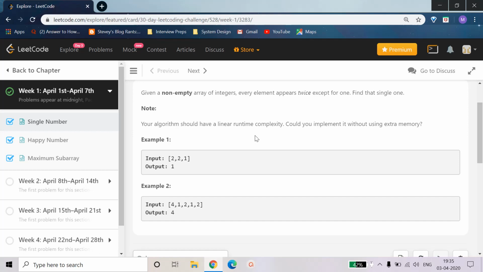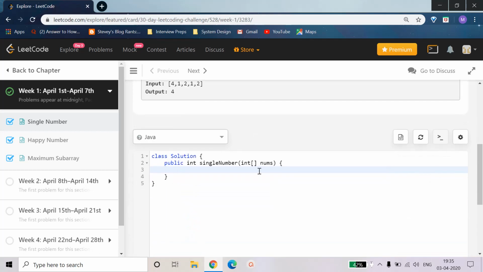So let's implement this. I'll create a hash map of integers. Integer will be the element, the key, and the count will be the value. So I'll say num count map, and I'll be creating a new hash map. Now what I'll do is, for every integer in the array, I'll be iterating through the entire array,